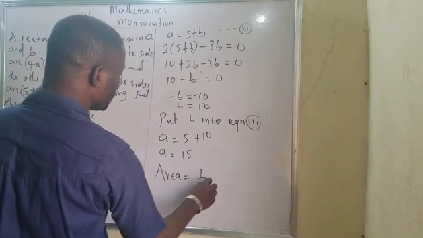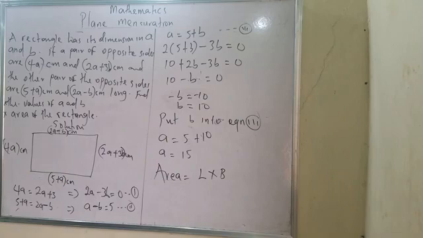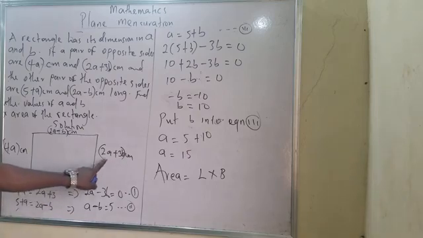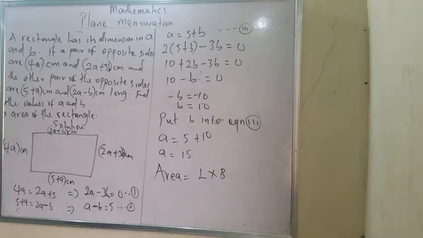Area equals length times breadth. Now, don't forget my length can be, A is 15, 15 times 4. Yes, A is 15, which is 15 times 4, or if I have it, A is 15, that will be 30. And anyhow you want to do it, just do it. I'll be having 4A